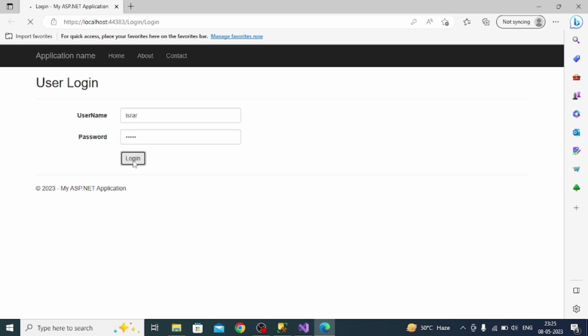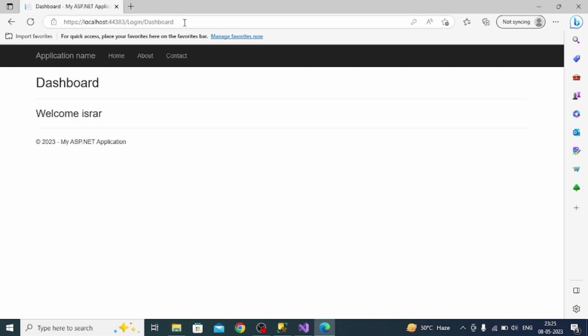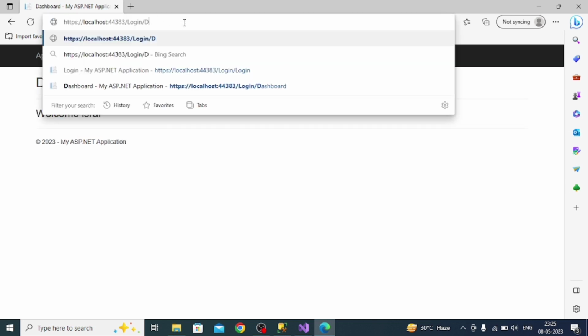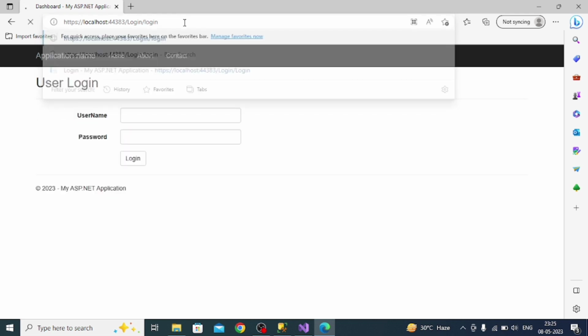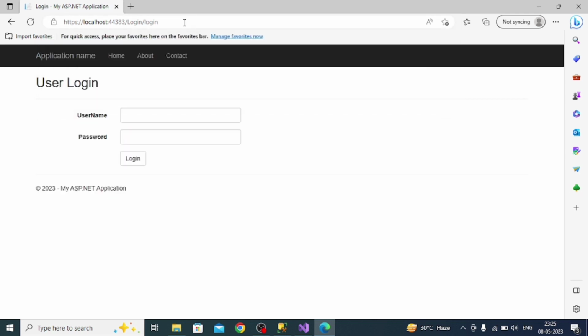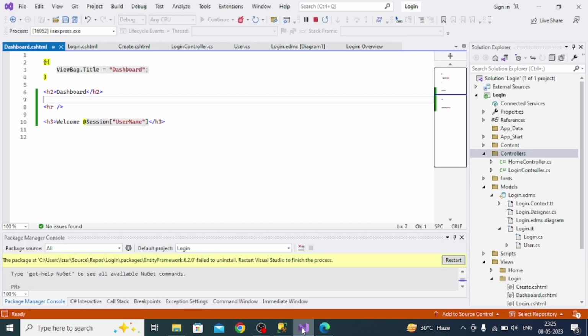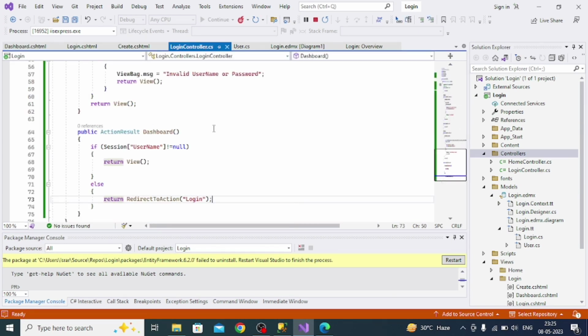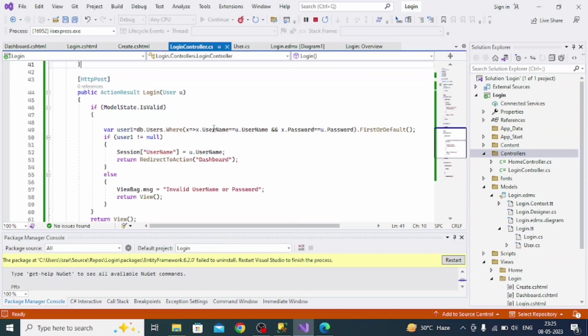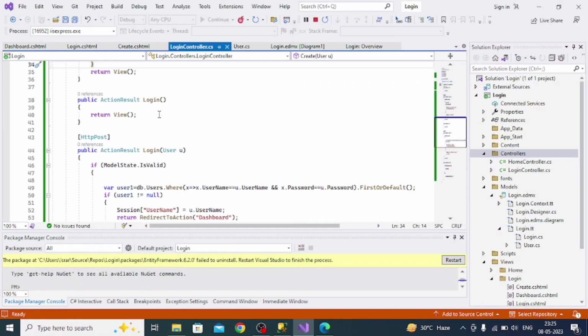the page will definitely redirect to the dashboard page. And if I write login in the URL and try to run it, it goes directly to the login page. This should not happen because it is the wrong approach. Once the user logs in, they should stay on the dashboard page and not go back to the login page by changing the URL. So to prevent it, we have to write code in the controller. We have to go to the login controller, and to this login action,